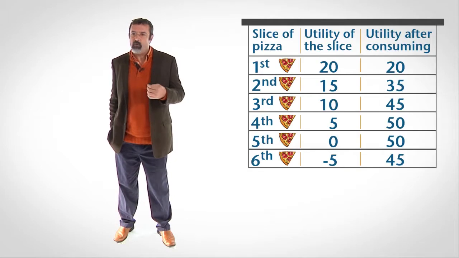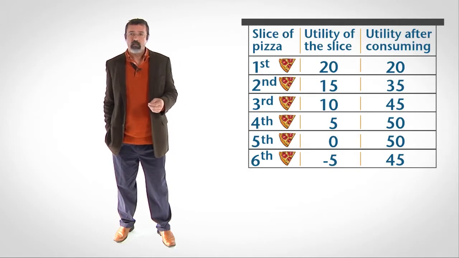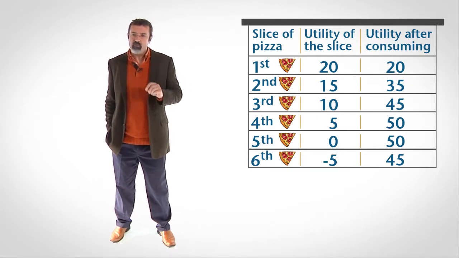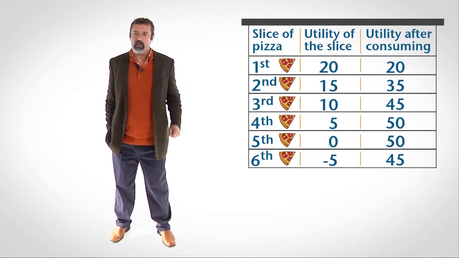Of course, you don't have a chart that tells you how much marginal utility you get from consuming things. But when you think about whether you should consume something and imagine how you would feel after consuming it, you're going through the same process you would go through if you had charts like these. So the charts don't describe how you make your choices, but they do describe what choices you make.